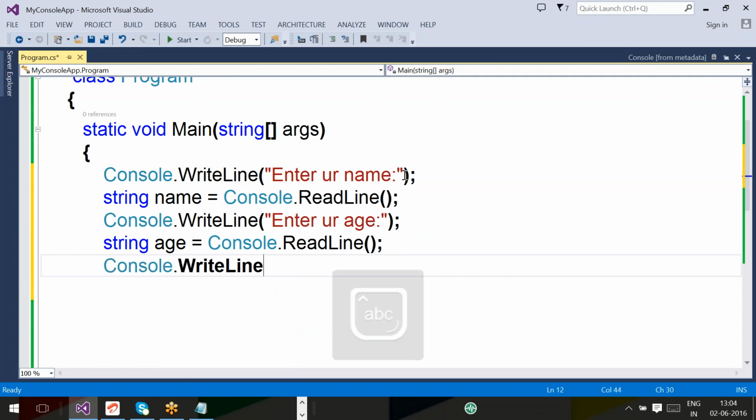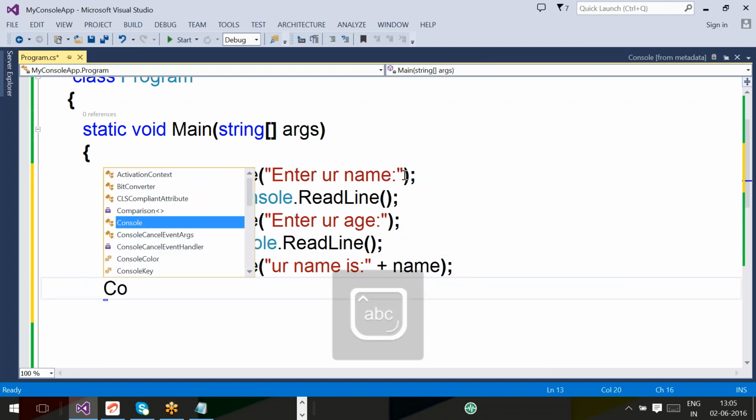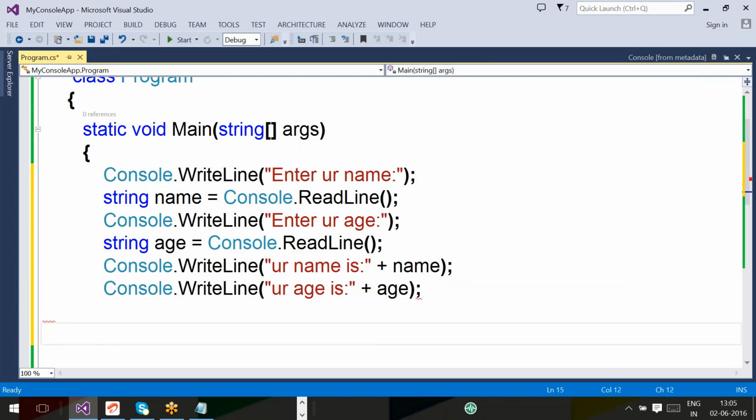Console.writeline, your name is plus name. Console.writeline, your age is plus age. Console.readline. Okay. Right. So now,